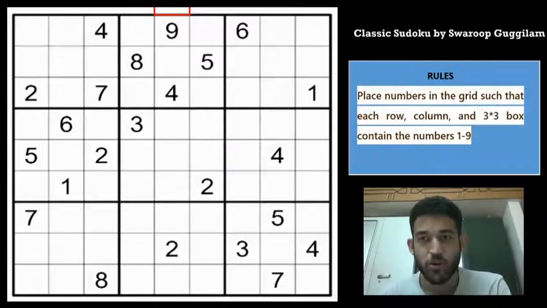This Sudoku was posted by Swaroop on his blog Get Set Go a few days back. Some of the comments that I saw under the Sudoku stated that they have to use chains to get through the Sudoku. So we'll try to give this Sudoku a go and see what the Sudoku has in store for us.